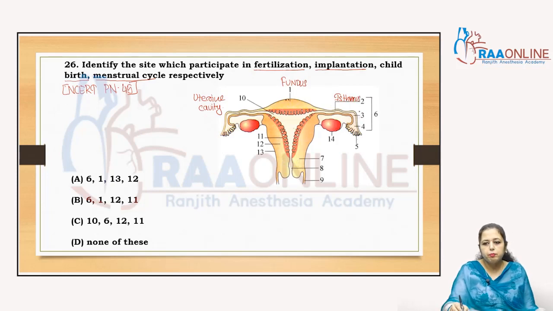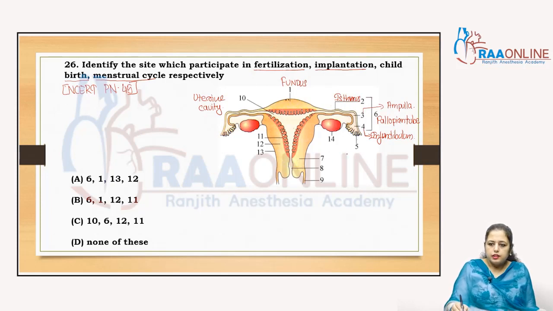That 3 is the ampulla, that 4th one is the infundibulum, right? That 6th one is the fallopian tube, right? This 5th is the fimbriae,